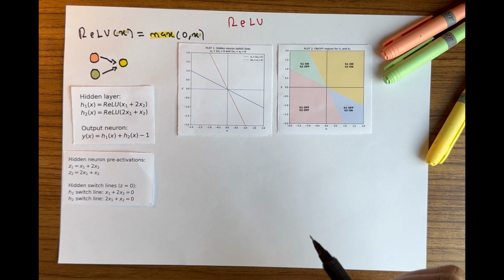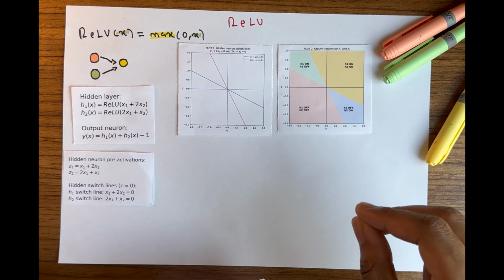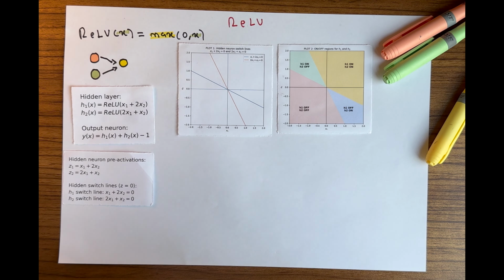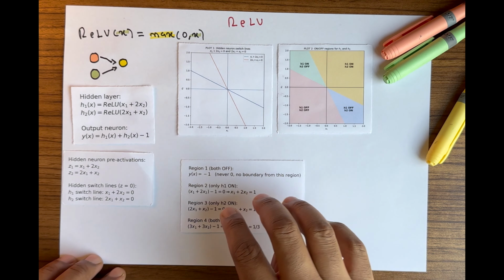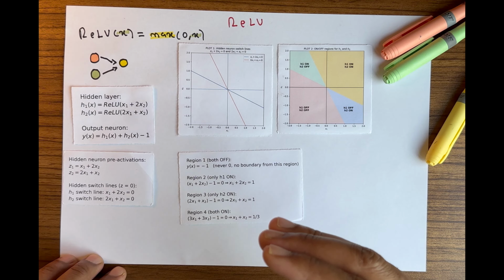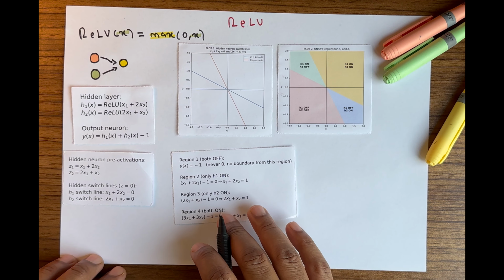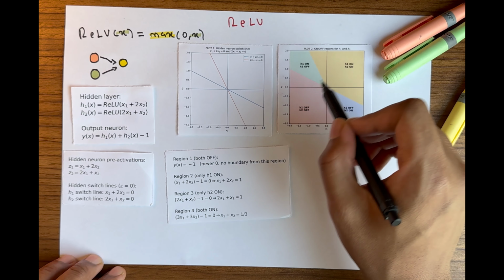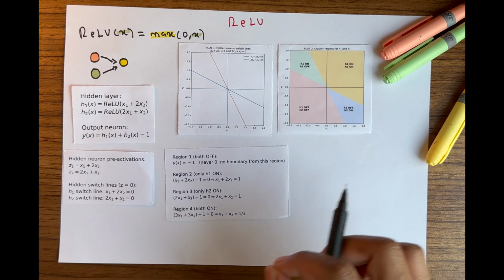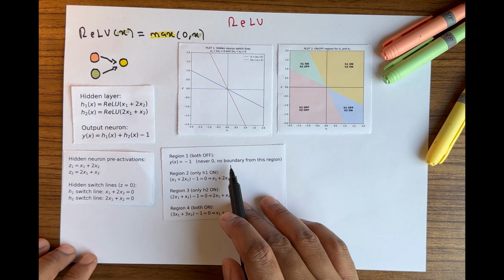Okay, to keep things short, I won't write all those intermediate y of x formulas explicitly. Instead, I'm just going to go straight to the decision boundaries they produce. Remember that the decision boundary comes from setting the output to 0, so y of x equals 0. Essentially, we're trying to find the output line for each of these regions. So for example,